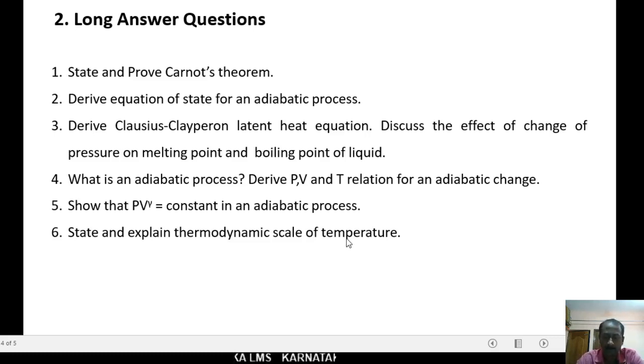That carries 4 marks. Next, part C, the third section, contains the problems. The problem part will be discussed in the 11th session video. I already explained the problems regarding this unit, thermodynamics. Go through those problems, and also you should refer to previous year question papers. Thank you.